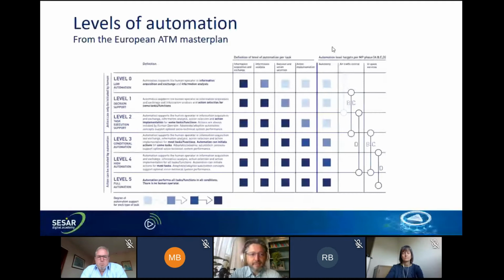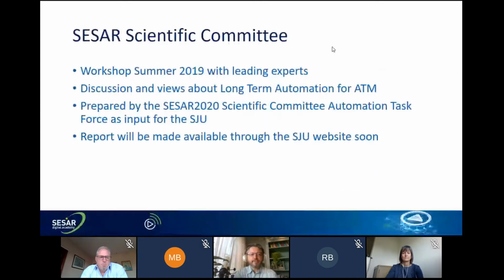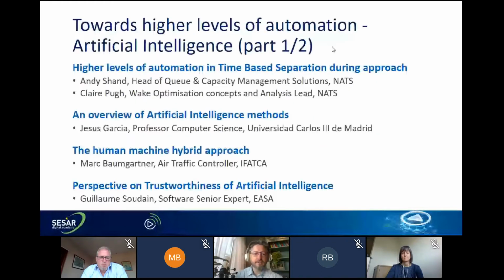Within the ATM Master Plan, we have identified different levels of automation which are guiding us through the development of the innovation of the air traffic management system. And even though the Master Plan has these high-level, six levels allocated to different functions and different levels of automation within those functions, we have been looking into that in more depth, and that's what we're trying to share in this webinar. Last summer, the scientific committee of SESAR organized a workshop with all the leading experts inside and outside SESAR on higher levels of automation. That led to an advice and a report that was handed over to the SESAR Joint Undertaking, which will be made available publicly through our website very soon. So the results of that we will be discussing here